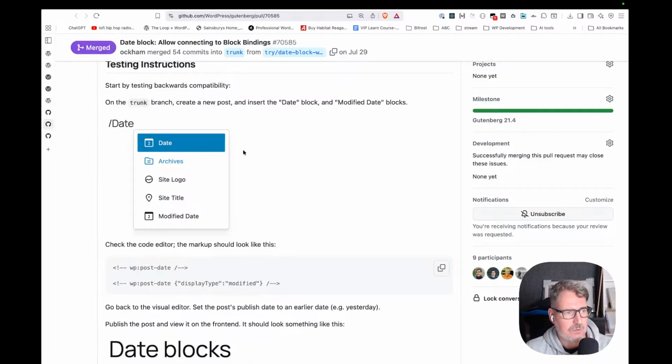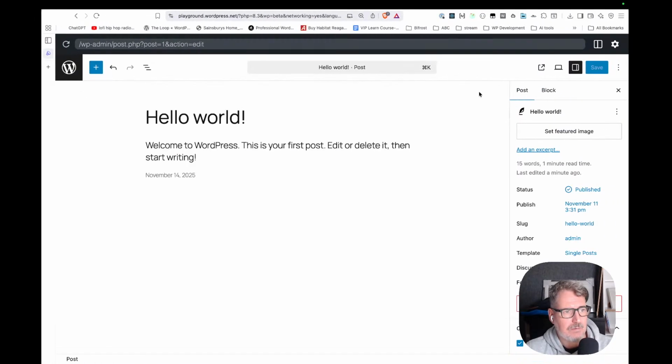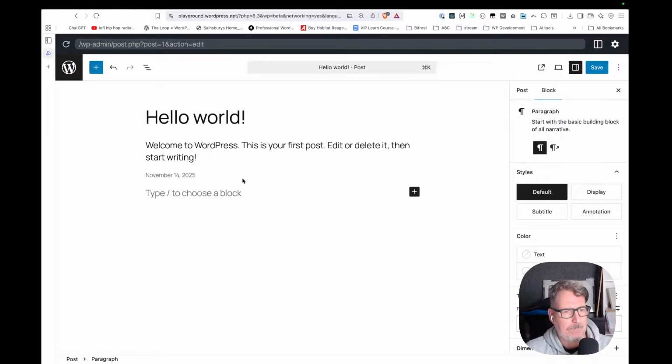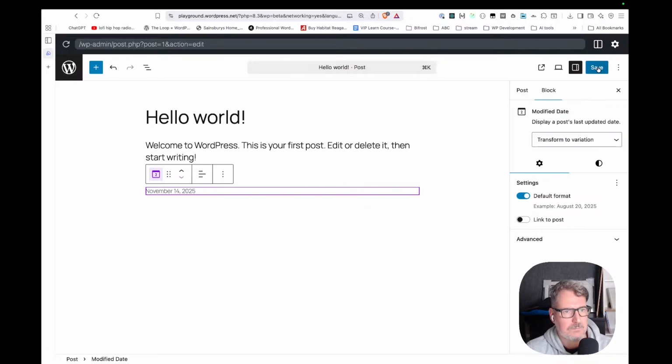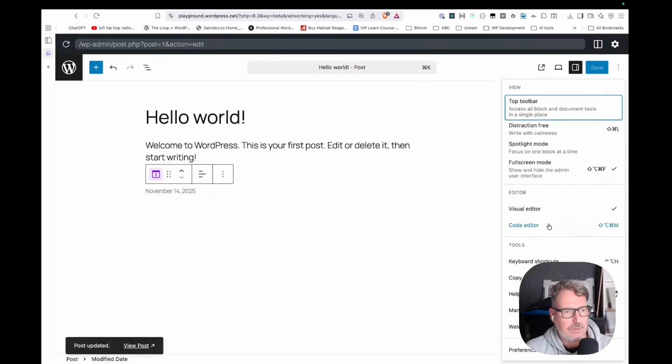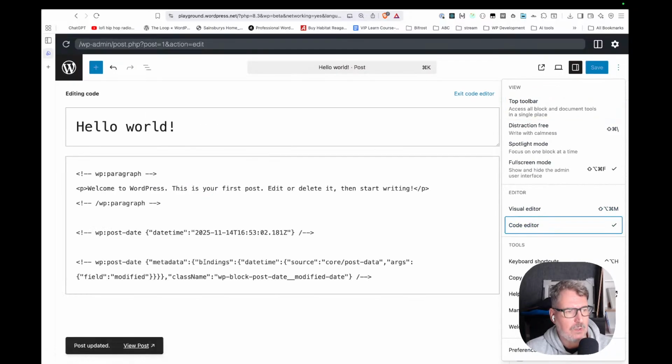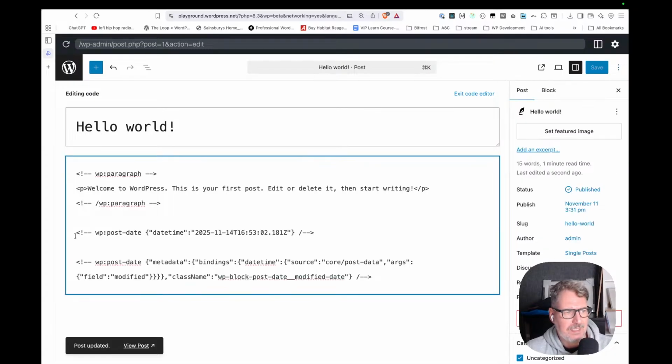So we need to also insert the modified date. And if we go to the code editor, okay, here we can see that this post date doesn't contain